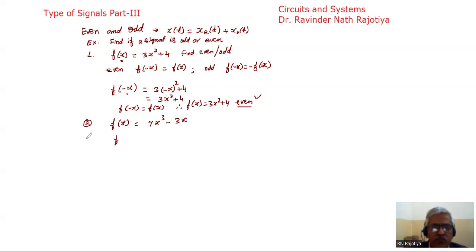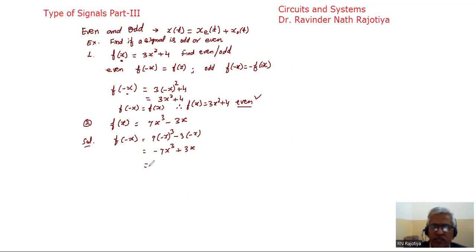So the solution is, putting -x, what you get is 7(-x)^3 - 3(-x), which is nothing but -7x^3 + 3x,